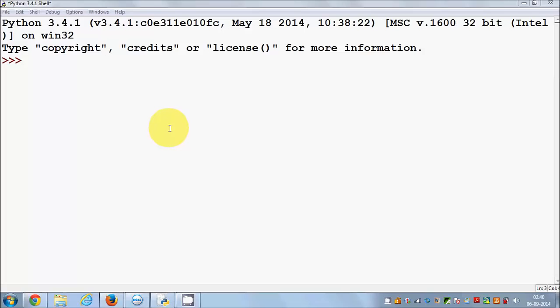So as the name suggests, a list is a collection of values, and how you can declare a list in Python, you just need to give the name of the list. For example, I want to have the list of names, so I can give the variable name for the list as names is equal to and then the square brackets, and this square bracket will contain the collection of values, and